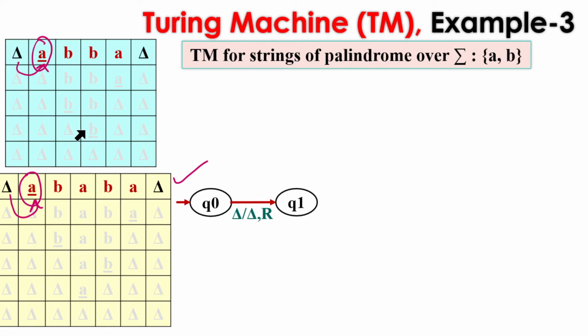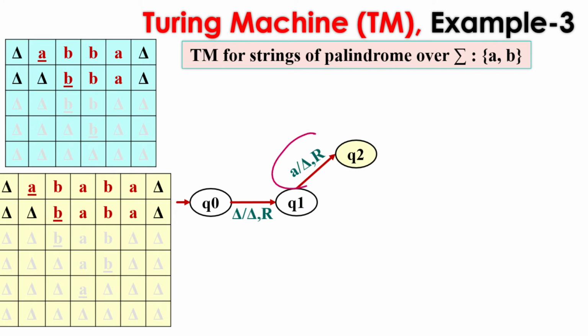Now we are following the approach. We have to take one symbol from the left, then move to the right, and from the right blank we move back and replace the rightmost symbol of the string with a blank. So we are cancelling out one symbol from the left and one symbol from the right. For this, just replace the first symbol with a blank and move to the right. So this is the corresponding transition. We have replaced this A with a blank, and now we are at Q2, and at Q2 we are pointing to the next symbol of the string.